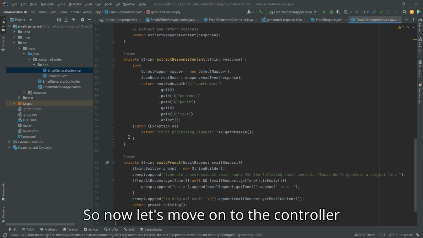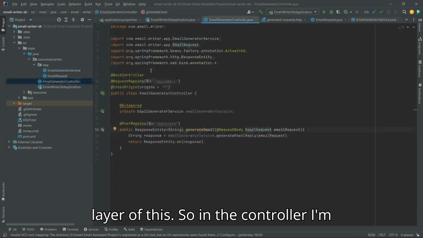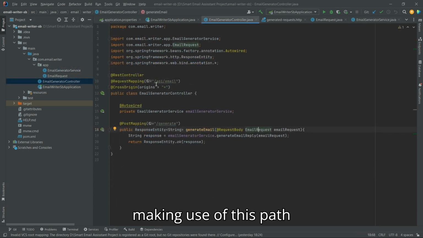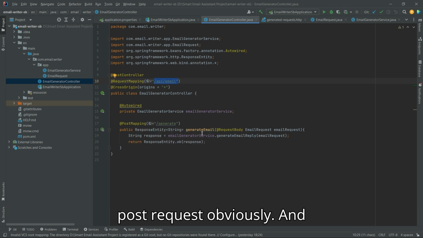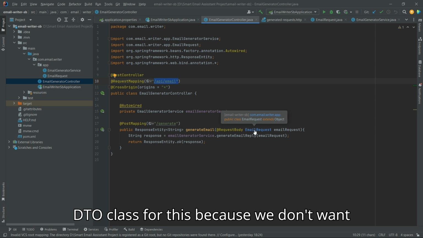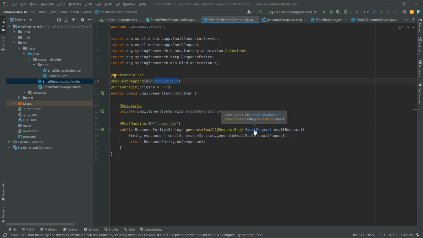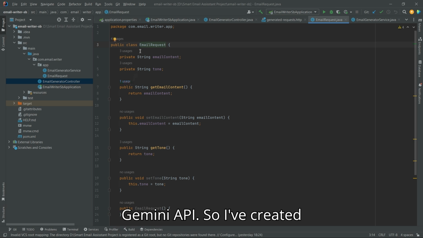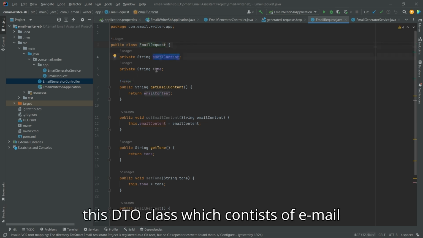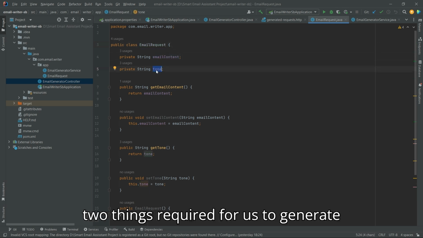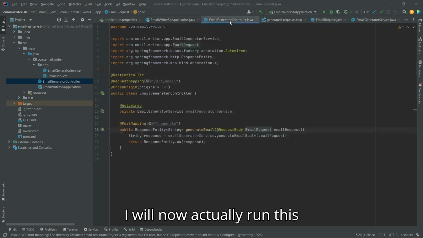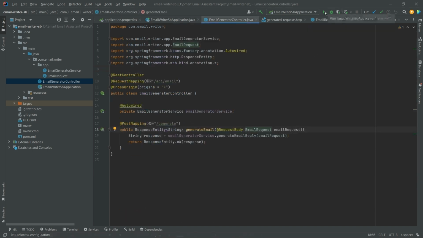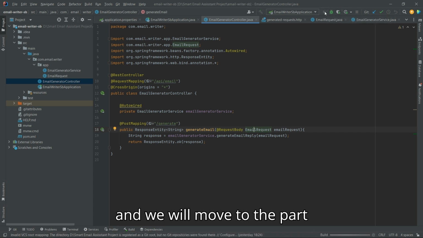So now let's move on to the controller layer of this. In the controller, I'm making use of this path as mentioned. Then it will be a post request, obviously. And then I have created one DTO class for this, because we don't want to send the request as it was in the Gemini API. So I've created this DTO class, which consists of email content and the tone. These are the only two things required for us to generate the reply for this. So likewise, I will now actually run this, and we will move to the part where we create the Chrome